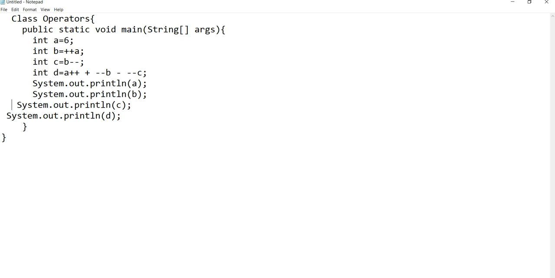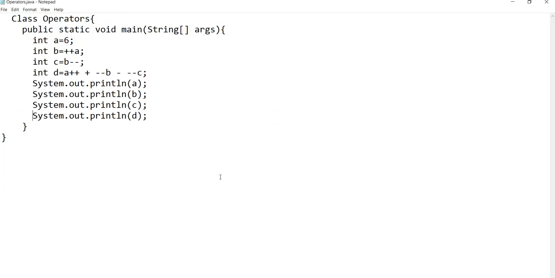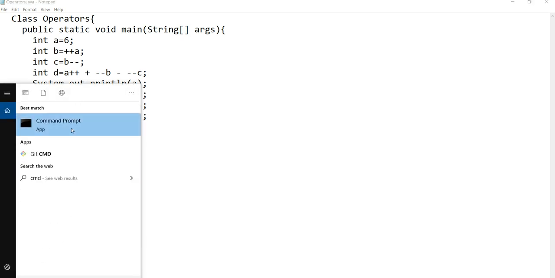Now we'll see how this happens. I'm saving this file on our desktop with the name Operators.java. It's a must that the extension should be this, as we already discussed. Then I need to compile this program. For that we need a command prompt.